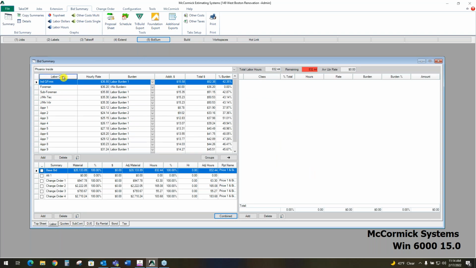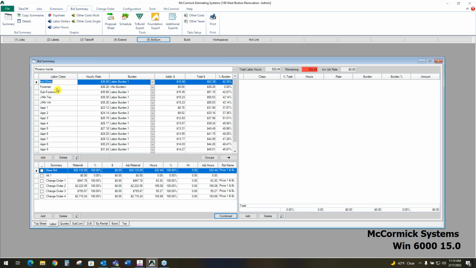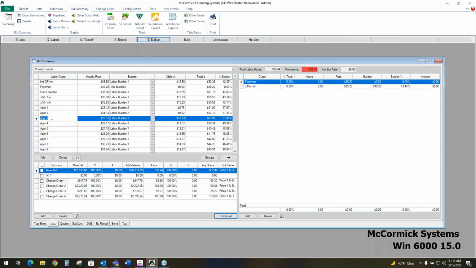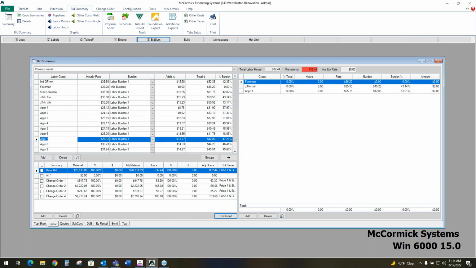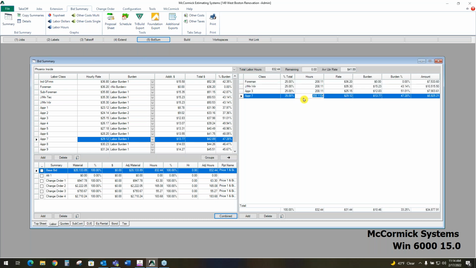Now we do have a labor crew that we're going to provide. So this can be customized for your company, but depending on the crew that you want to add to a project, we would just select that crew and assign that crew to the job here. I'm just going to push a 4-man crew over here, and I'm going to divvy out the hours now. Just go in here and give everybody their own share of the hours on the project,